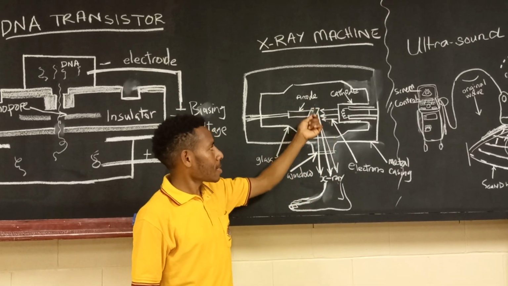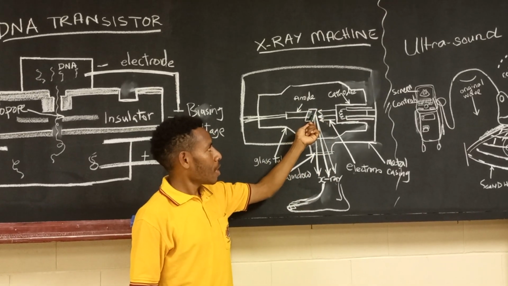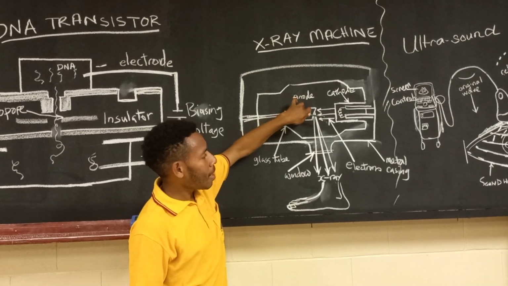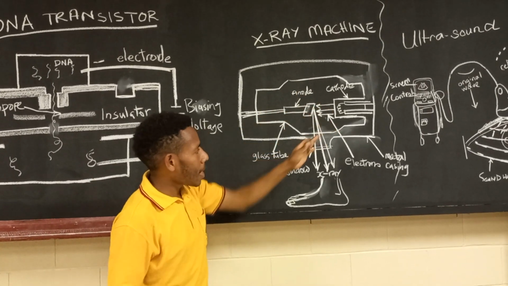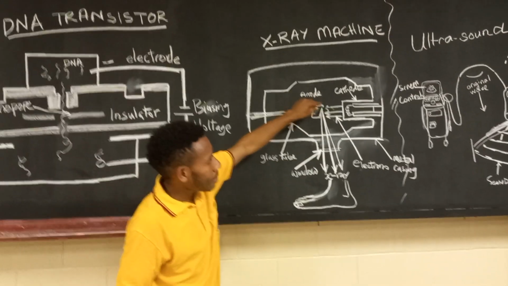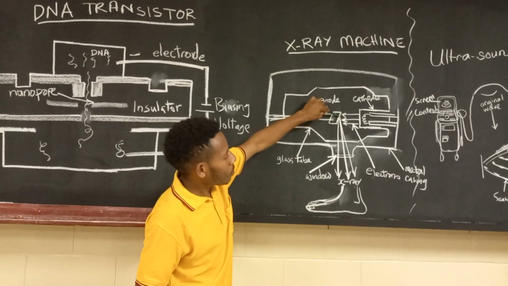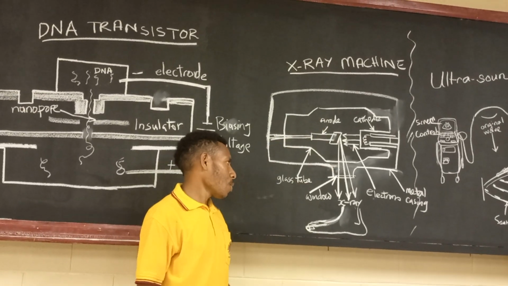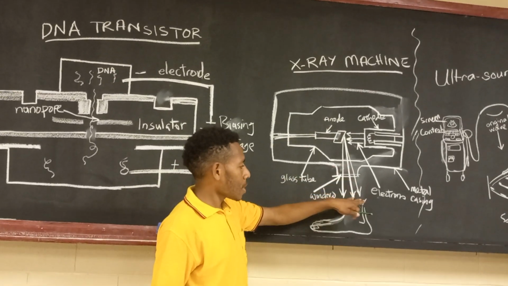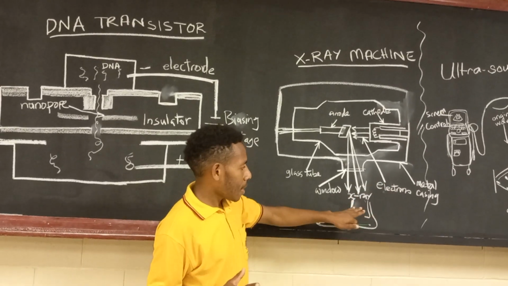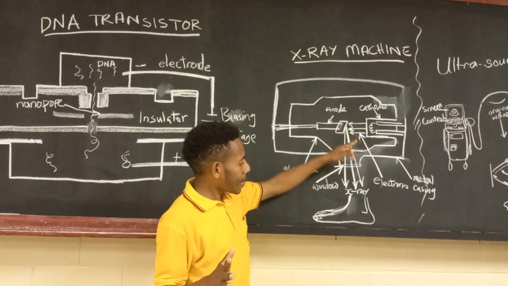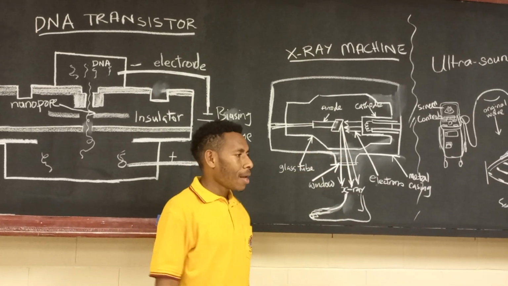So when it hits this anode, this tungsten metal here, which is made of tungsten, and this tungsten is placed in a diagonal way to reflect this beam of electrons towards the window. As it goes towards the window, it penetrates through the targeted area, which is the human body. So when the X-ray penetrates through the body,